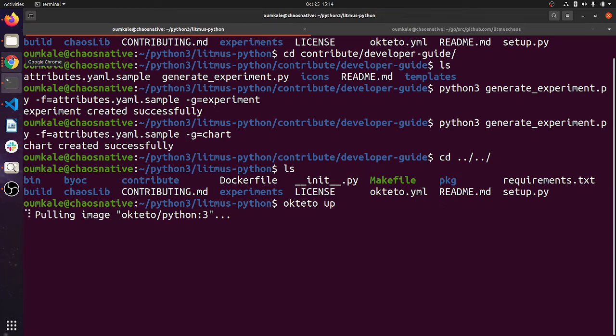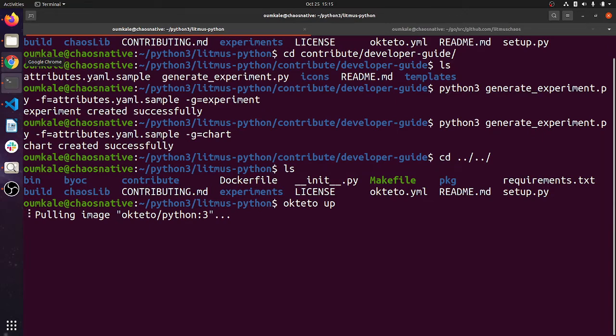What we have been trying to do here is generate a couple of charts, and a default script, which is a default experiment script. As of now, we are using the default one only. But if you want to contribute, then just update the chaos lib file and keep the main experiment file as it is. Just make sure it works the same, like the AUT checks are there, and it creates results and updates results after that. This stuff will be common for all the experiments.